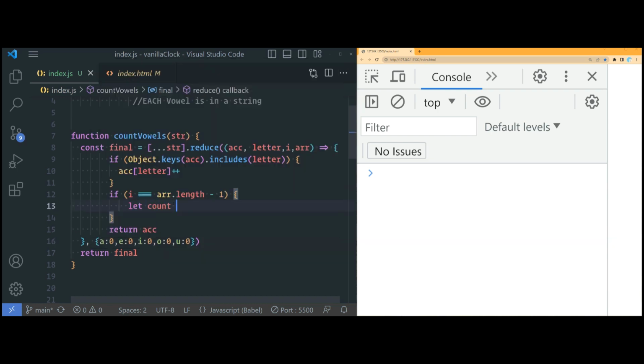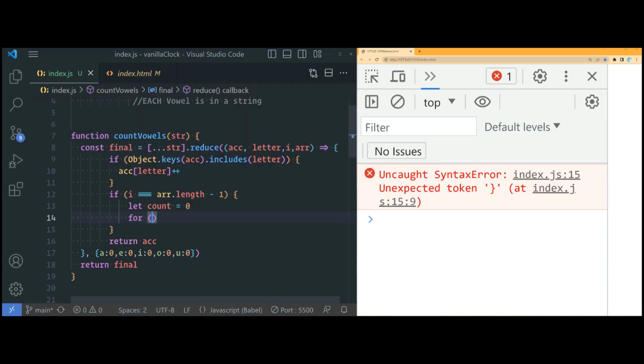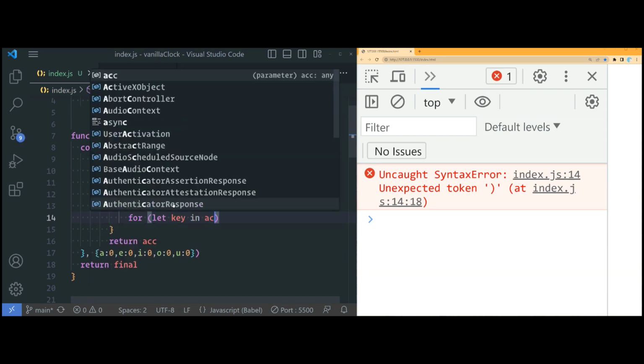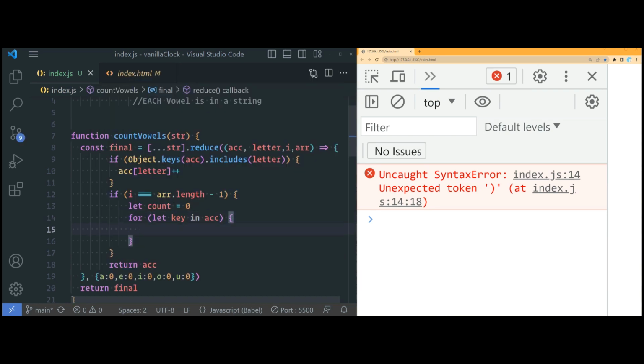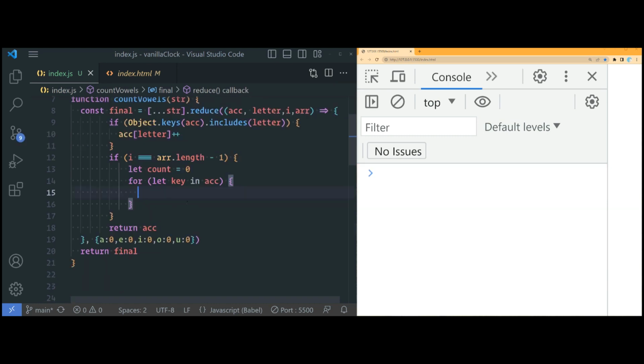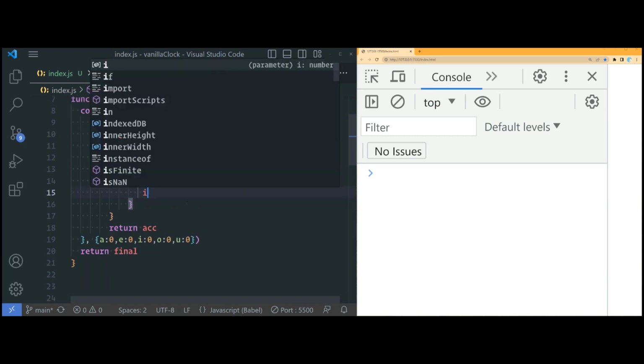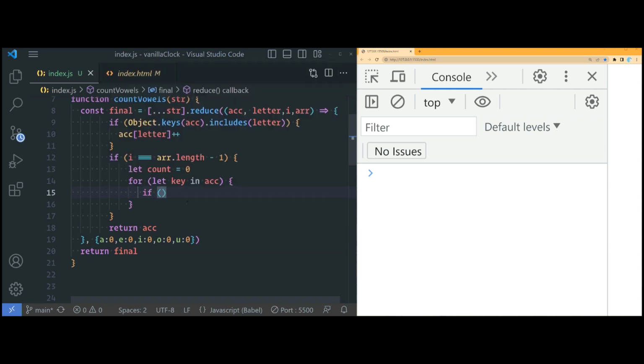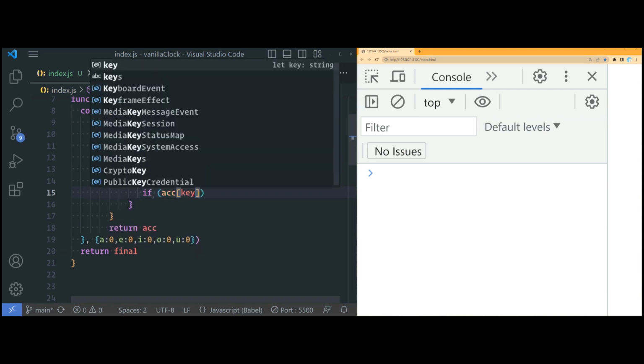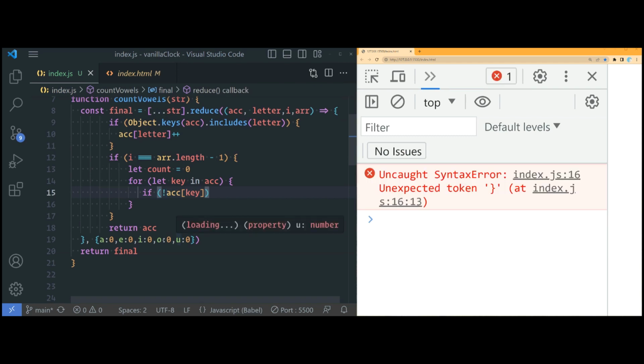So we can do let count is equal to 0. And then we can do a for in loop. So for, let's do that key in accumulator. And yes, you can do that. And then now, what are we going to do? Well, we're going to check if what? If accumulator at key does not exist. Okay. Now, I should have said that. This is checking if it's falsy. And 0 is a falsy value. Okay, so if it's falsy, let's just use delete